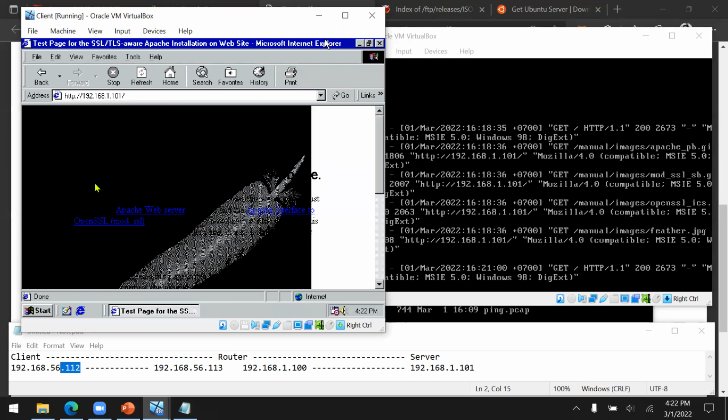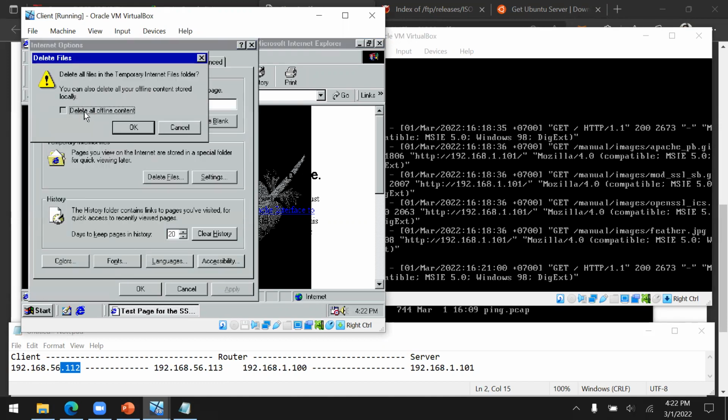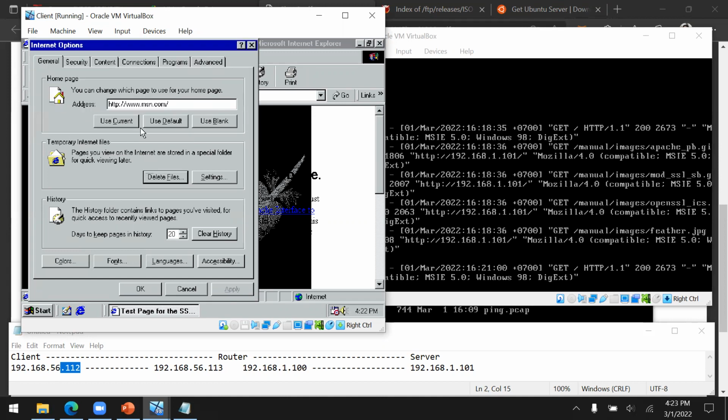So that's why, before we start the connection, we need to clear the cache first, here in Internet Options, and then delete files, delete all offline content. Okay.